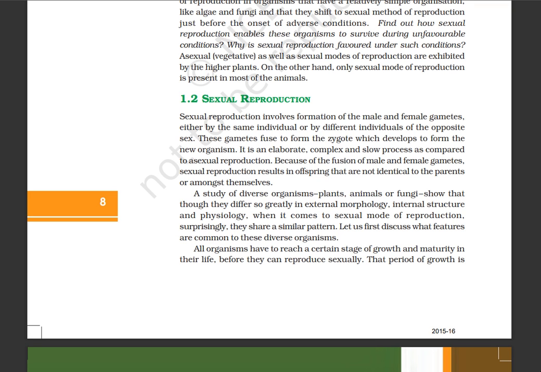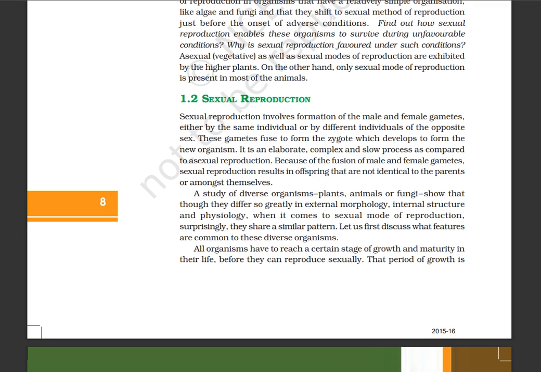Sexual reproduction involves formation of the male and female gametes, either by the same individual or by different individuals of the opposite sex. These gametes fuse to form the zygote, which develops to form the new organism. It is an elaborate, complex and slow process as compared to asexual reproduction. Because of the fusion of male and female gametes, sexual reproduction results in offspring that are not identical to the